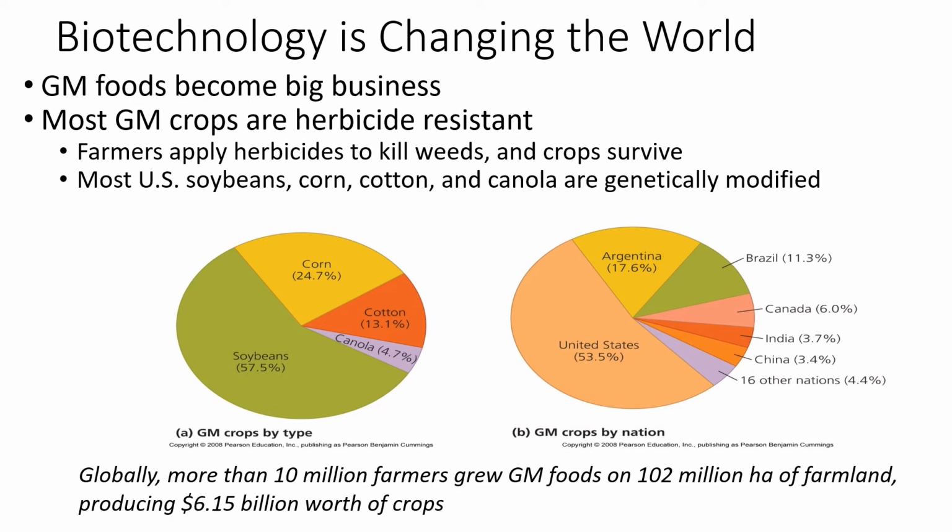And like I said before, with the BT corn, that is an insect resistant plant. And so sometimes you end up spraying more pesticide, sometimes you end up spraying less pesticide. It's a pretty hot topic. People can really fight either way, whether it's good or bad. But we really do use a lot of GMO foods all around the world.